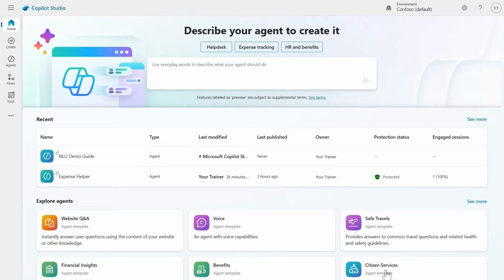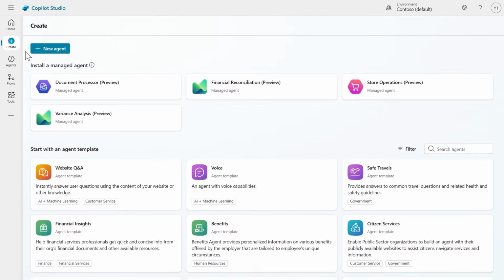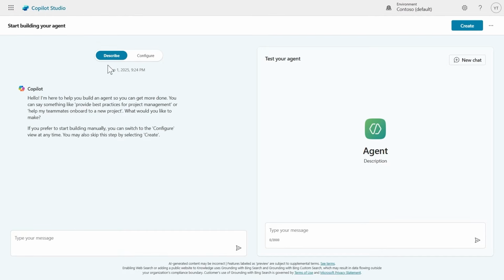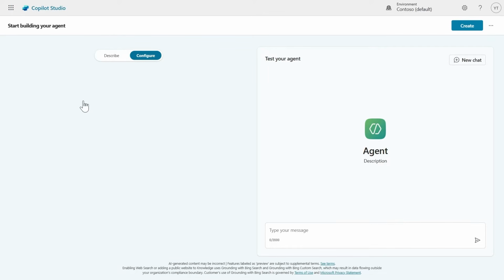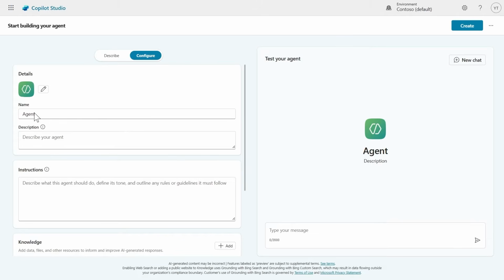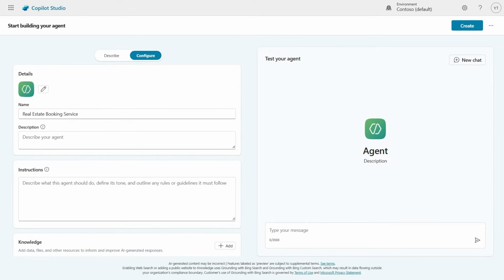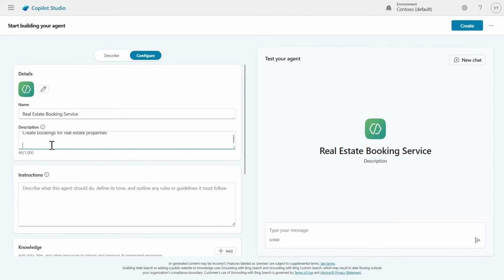In this demo, we will see how we can create and manage topics, and we will start by building an initial agent. To change it from the previous demo, this time I will not use the describe section with Copilot, but I will rather use the configure section just to give you a different flavor of how we can do it. If I go with configure, I have a full opportunity to decide how to name, describe, and provide instructions to my agent. When you use Copilot, you can do it for going fast, or you can do it manually, as